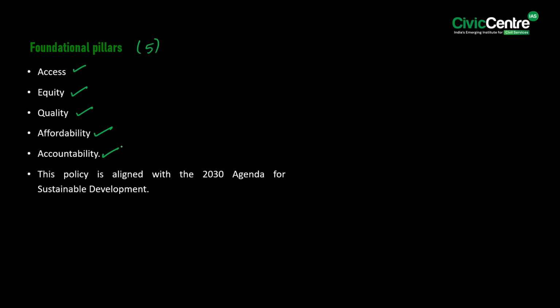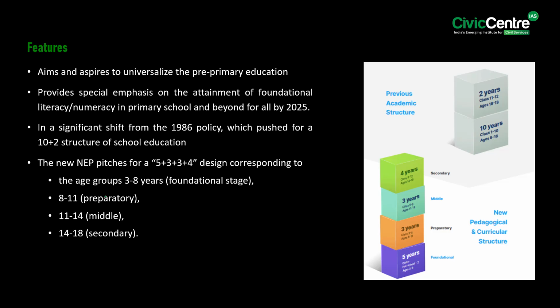Significantly, this policy aligned with the 2030 Agenda for Sustainable Development. Now, if we have a look at its features, the policy aims and aspires to universalize the pre-primary education and provides special emphasis on the attainment of foundational literacy or numeracy in primary school and beyond for all by 2025. Furthermore, in school education, the National Education Policy 2020 stresses on the core values and principle that education must